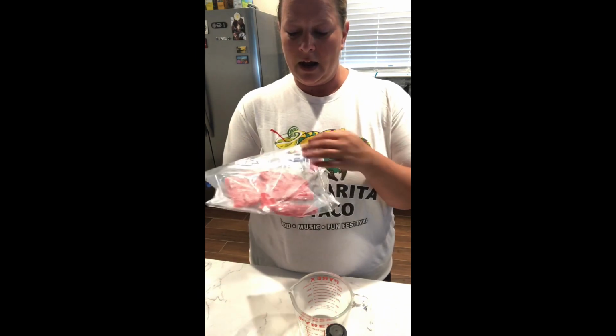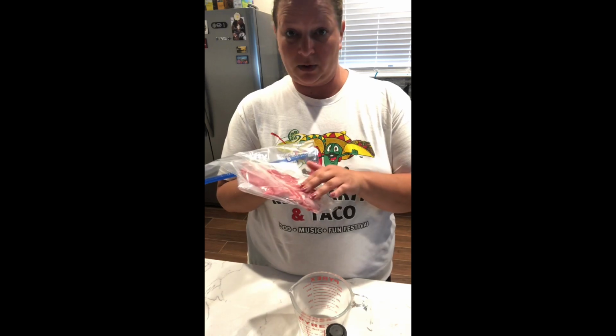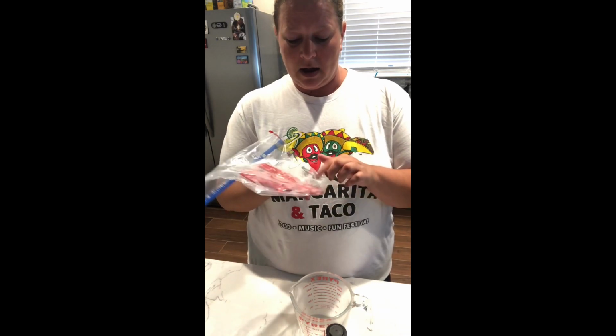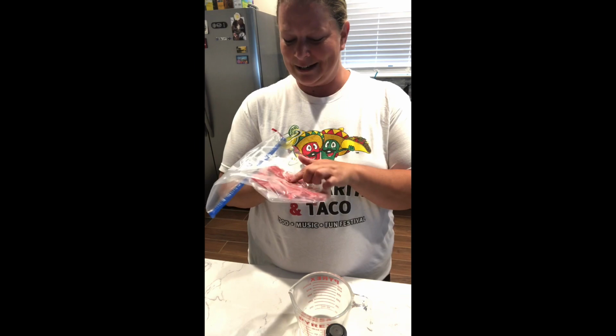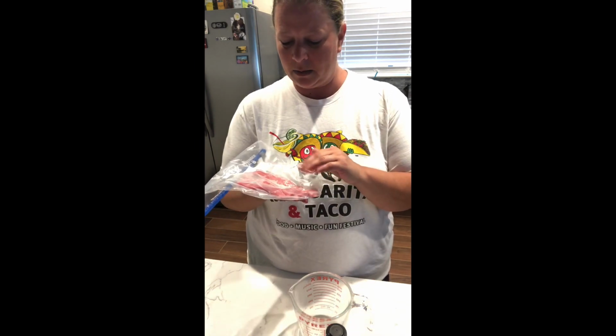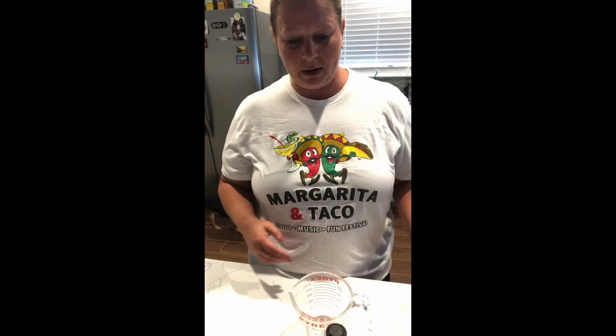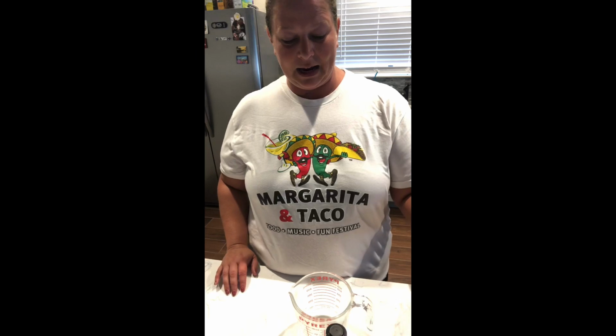And I thinly sliced this about the size you would use for fajita meat, you know, just thinly sliced it while it was still frozen. That was a great tip that I learned from Kathy. And so it's just kind of been defrosting a little bit in this bag. So I'm going to make this marinade,